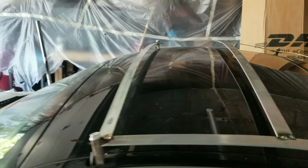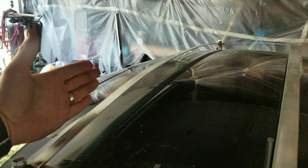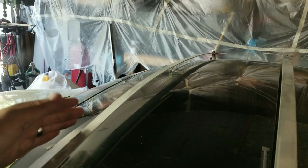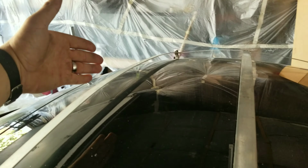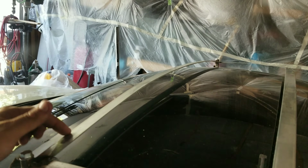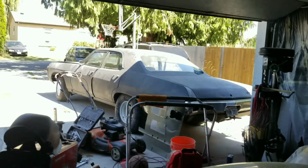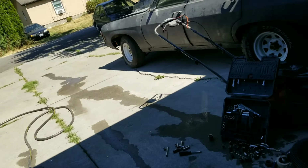Next, what we're going to try to do is make an angled piece of metal that goes across like this by using the other flat stock, putting it upright. But the way that I'm going to do it, or at least the way that I'm going to try to do it, is